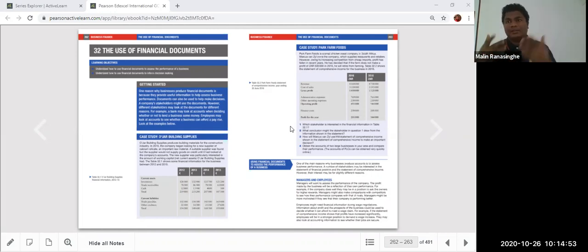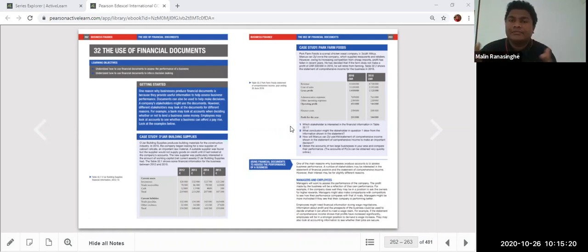So far we have covered so much. Cash flow we finished, break even we finished, and then income statement, SOFP, and cost profit analysis we did. Sources of finance we did, internal sources, external sources. So this term from the beginning, from the entire October, we talked about everything about financial management. So this is the final chapter of the financial management lesson, called use of financial documents.